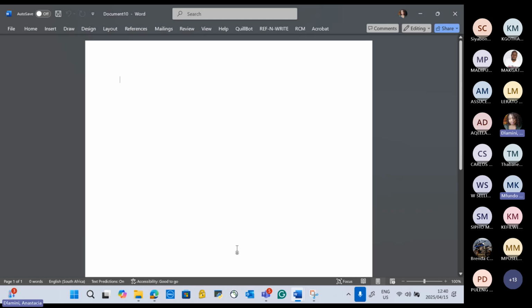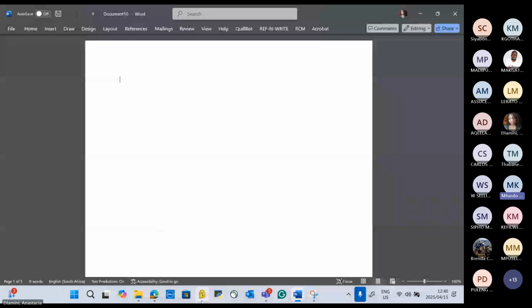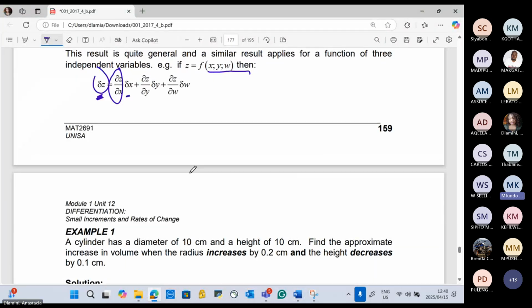Sorry, ma'am, just a quick question. On that final answer that we gave, which is 17.5 times pi, won't we finalize it by multiplying that 17.5 by pi, since we usually know pi is 14 point something? You can do that, but in most cases, especially with this module, we check your understanding of the work. For example, if you did everything correct and your answer was 18 point something out of 5, you'll definitely get your 4 out of 5.